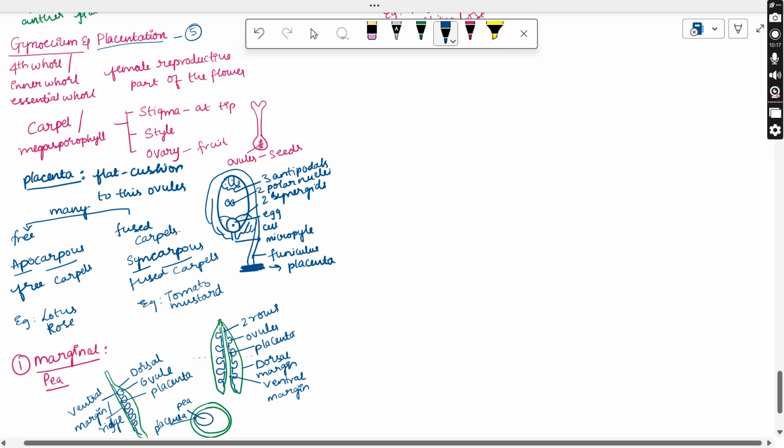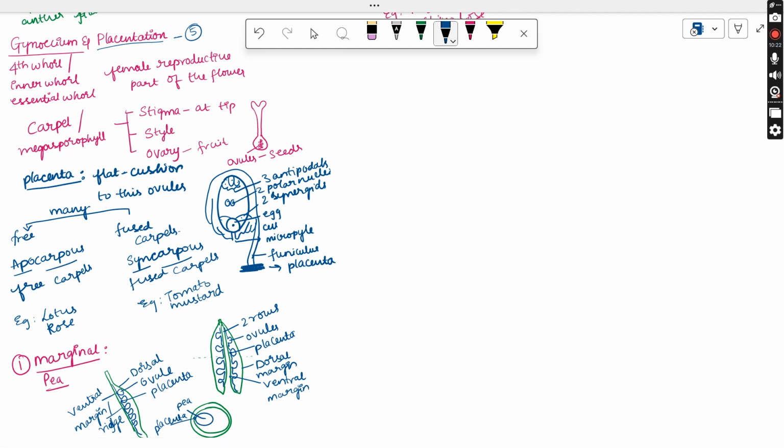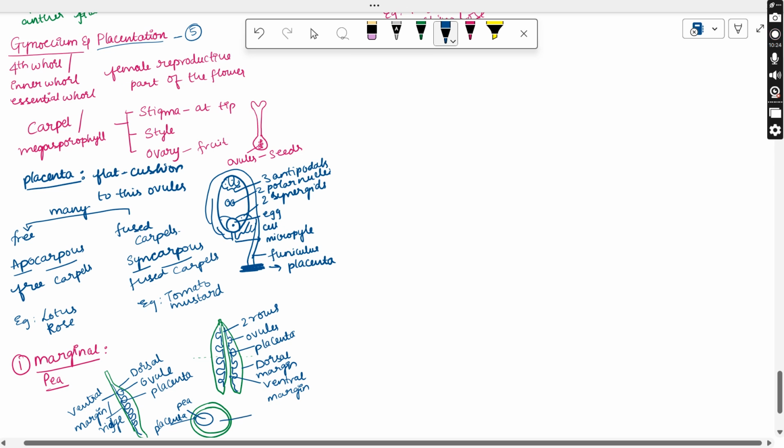Now this is an ovule, and if you see inside of it, you can find one chamber. If one chamber is present, here we are using the term locule. Locule means chamber. As one chamber is present, this type of ovary, this whole structure is an ovary, we call it a unilocular ovary. Uni means one, locule means chamber. Unilocular means a one-chambered ovary, which can be seen in the pea plants, and this type of placentation we call a marginal type of placentation.